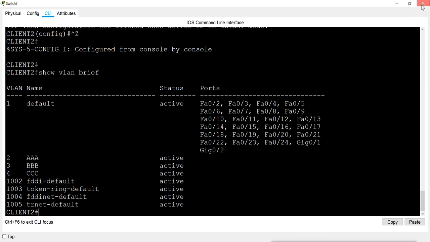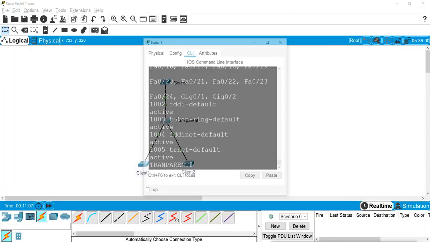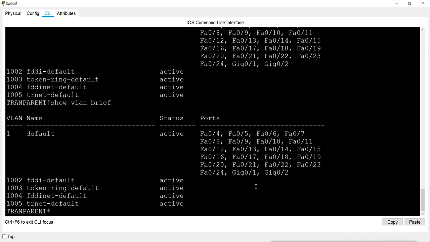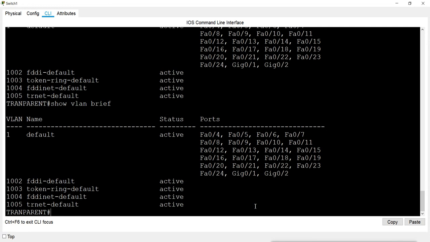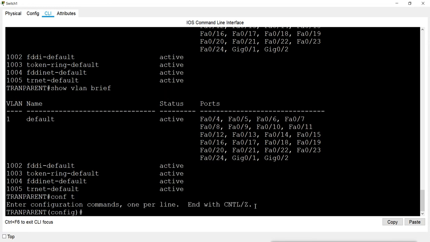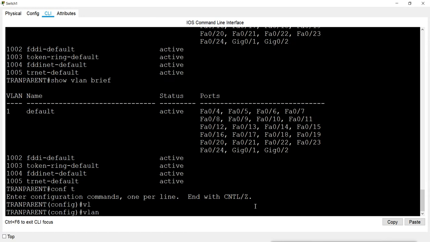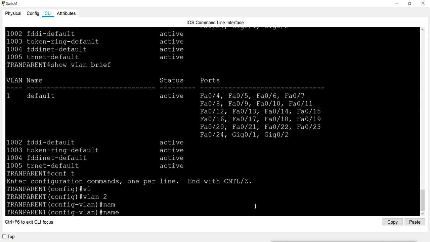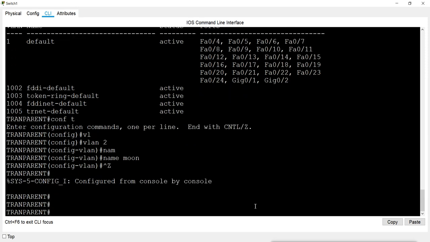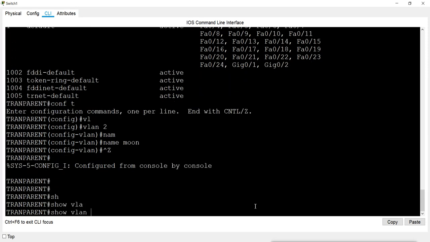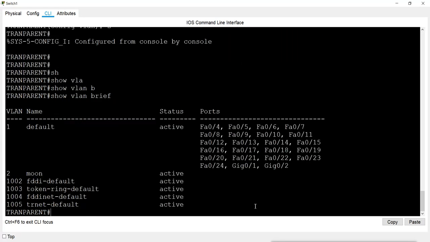But if I check this transparent switch, it is not having any information of VLAN, and I can create any VLAN here. I can create VLAN number 2, name Moon, and you can see the VLAN is created.